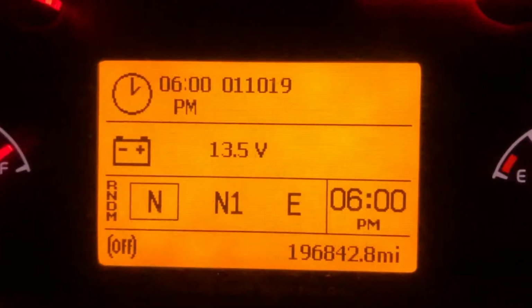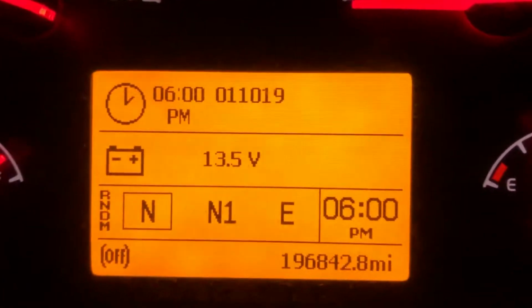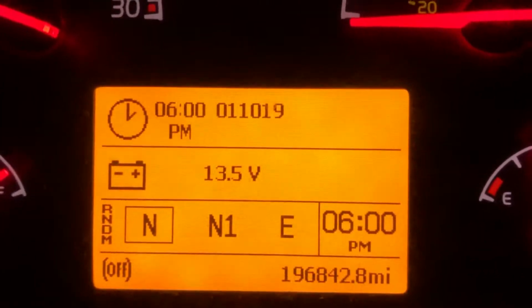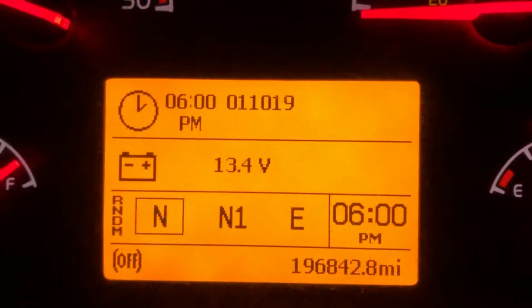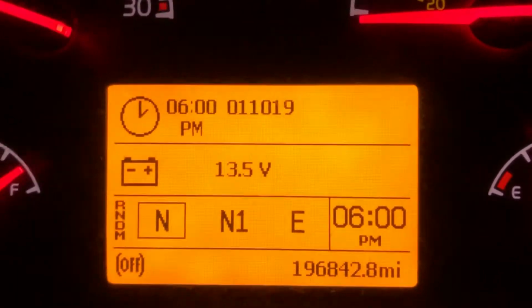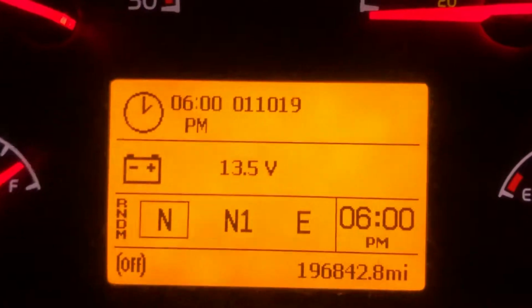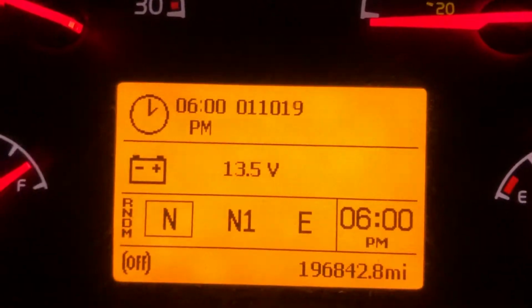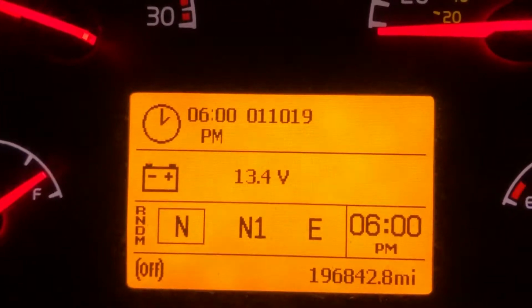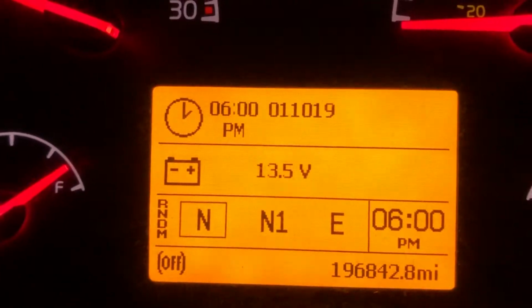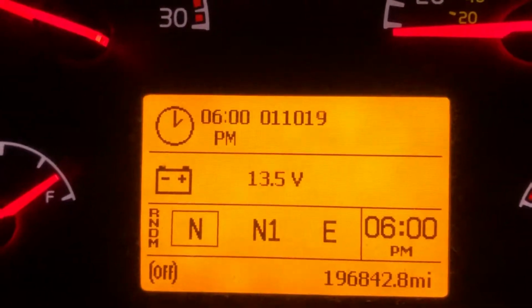Hello YouTube people, today I'm gonna show you how to change your favorite display or your home display in your Volvo VN between the years 2009 to 2017, or if your truck has this instrument cluster. So let's get started. First you need to look for the wiper switch, which is located on your right hand